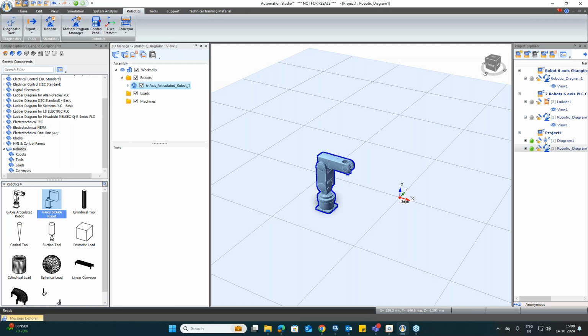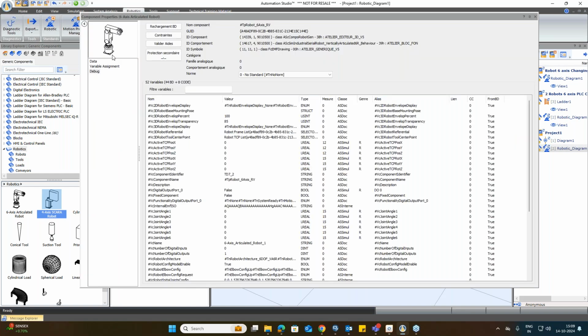As soon as you add your robot here, it will be reflected in the 3D manager. You can see here. As soon as your robot is added, you will get two options again, the tools and the user frames. So you can check this. When you add tools, they will be reflected in the tools. Now, if you double click on this robot,